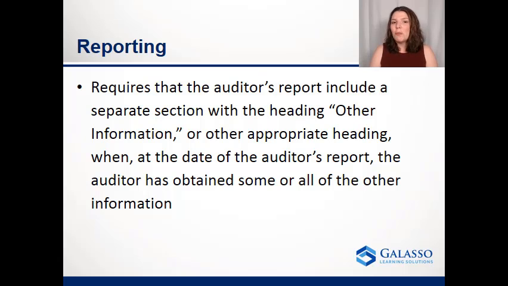Now there is a reporting aspect to it. If you have at the date of the auditor's report received some or all of the other information, so you've obtained something, or maybe you've obtained all of the other information, you've actually received the annual report, then you have a section of the report in the auditor's report called other information. So if you remember in some of the earlier blogs when we showed some examples of audit opinions, I said we're going to get to this. Well, this is what we're talking about. So obviously here we're trying to explain a little bit more about what we did with this other information.